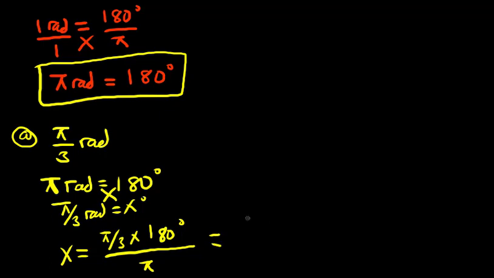So this will simplify to 60 pi over pi. Then this is going to be equal to 60 degrees, like that. So that's one example. We look at another example. Say, for example, you've been asked to convert